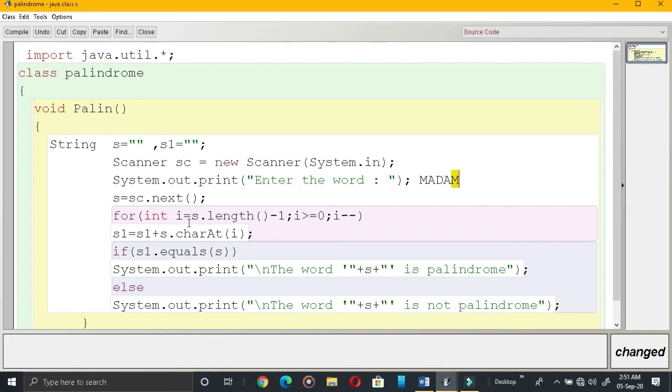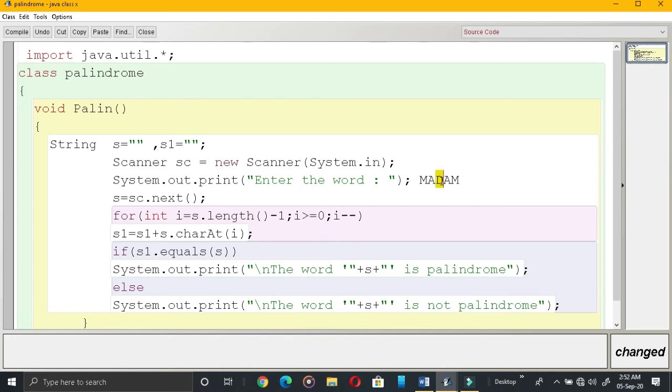Now this loop is running. This I minus minus means this is your position now. In this index number, s1 is equal to s1 plus s dot char at I. So this character will be extracted and added to s1.